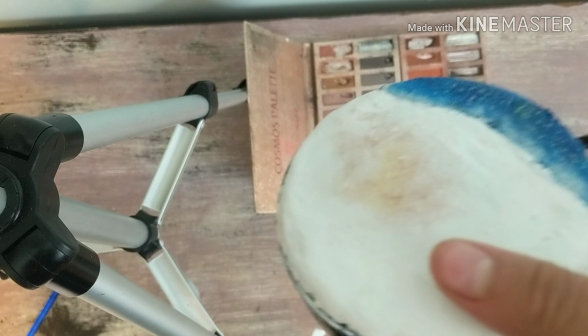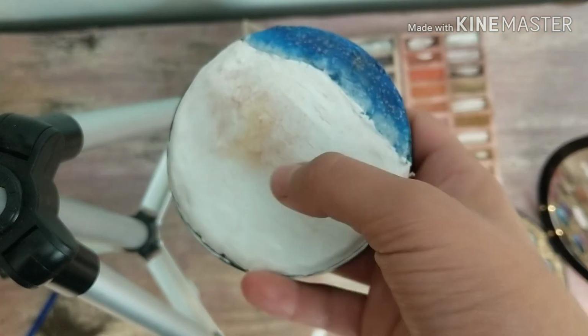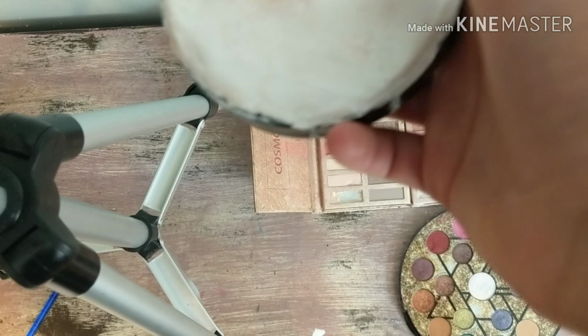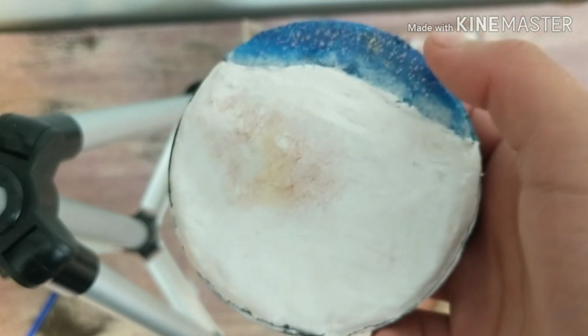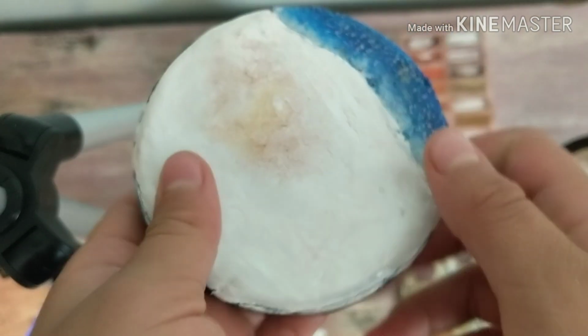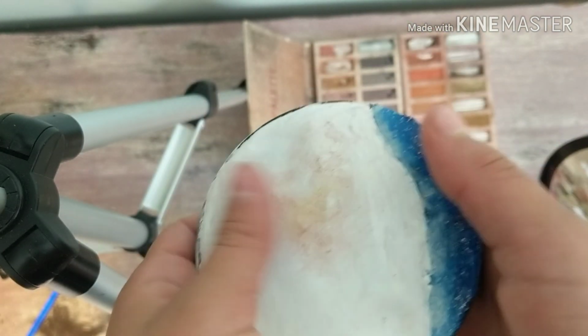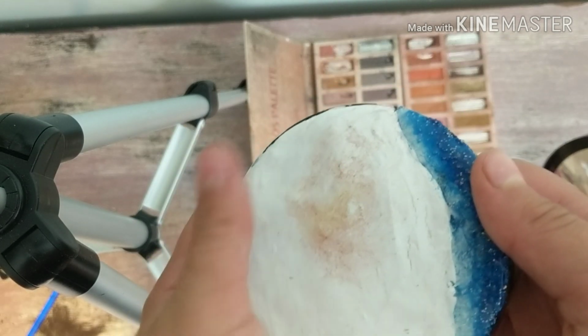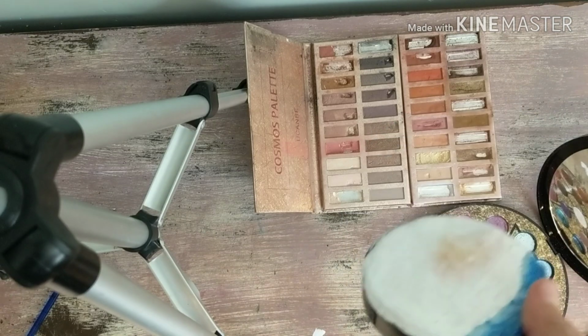And then after that, I had some more difficulties adding pigment to the clay because the acrylic paint didn't want the clay to stick to it. So then I coated it in Mod Podge, and I tested it out before I started filming to see if it would actually stick. And the pigment is sticky now, so we can start with the coats of